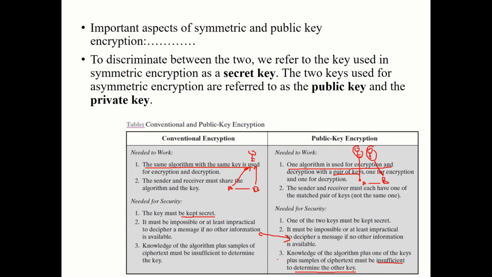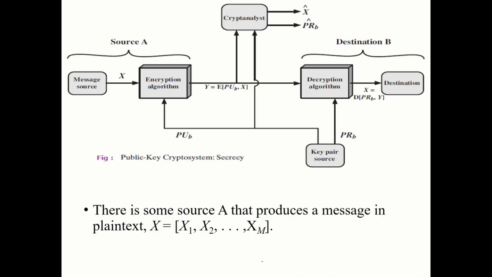Okay, here it could be possible in the conventional, but here it must be, and it's also not sufficient to do that. As you can see, public key encryption is much more secure and easy to use. This diagram shows that if you have an attacker or cryptanalysis attack in the middle and he used the public key to encrypt it and he got the public key, he will not be able to see the message because